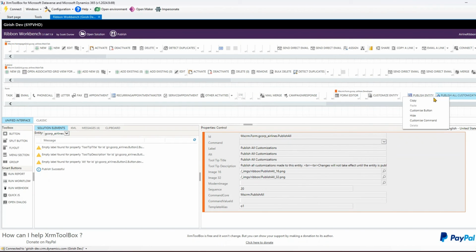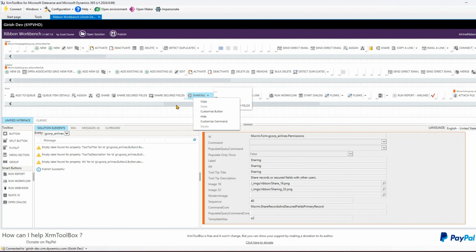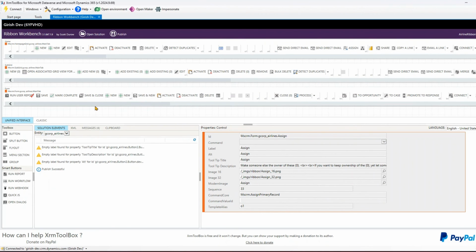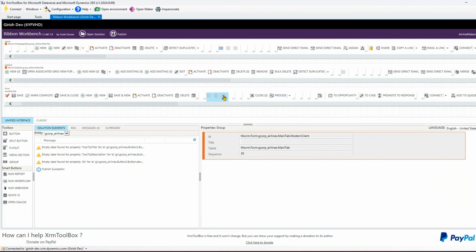Okay, so let me see, publish all customization, yes, you can do. Publish entity, you can do. Customize entity, you can do. Then there is a sharing one, yes, you can do that. Even for assign, you just click over that and then you can do a customize command. Then there are other buttons like activate, deactivate, delete. There are some commands over here. Like if you see here, this one is a refresh one. This is a refresh modern. This one is PDF button, and this one is main